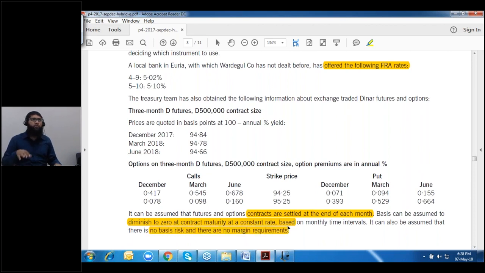Now I'm going to discuss what exactly we mean by basis risk, no basis risk, and no margin requirement. But right now what you need to do is see how things go. Now see,